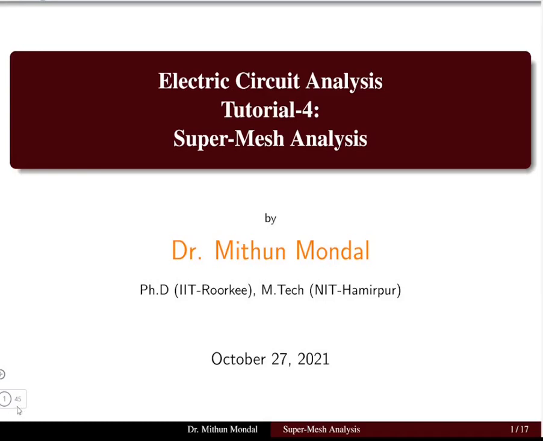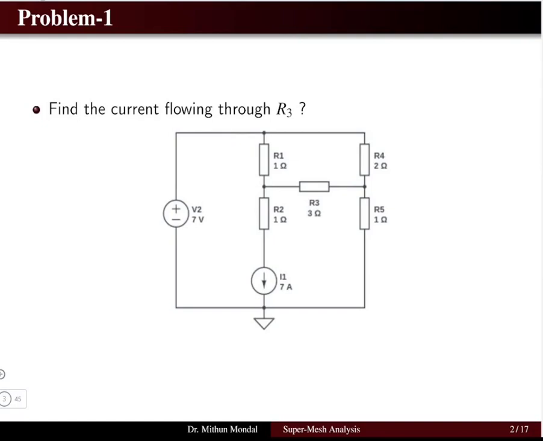Welcome to the next tutorial in electric circuit analysis. We were discussing mesh analysis in tutorial 3, and in tutorial 4 we'll cover some questions related to supermesh analysis. So the first problem in supermesh analysis is to determine the current that is flowing through the